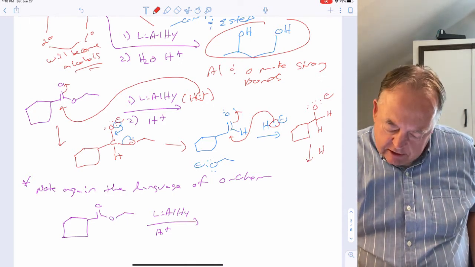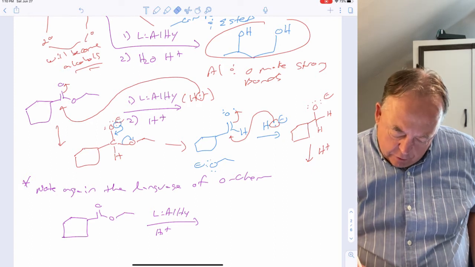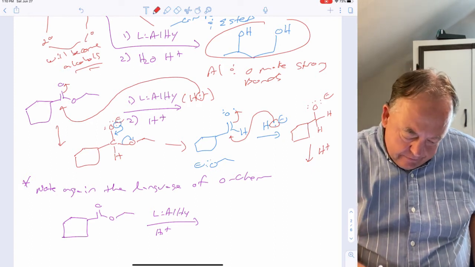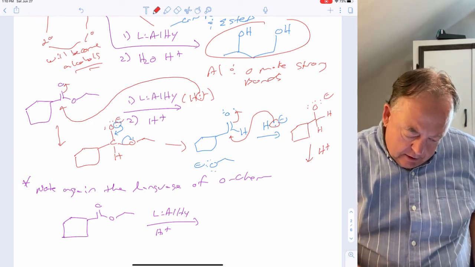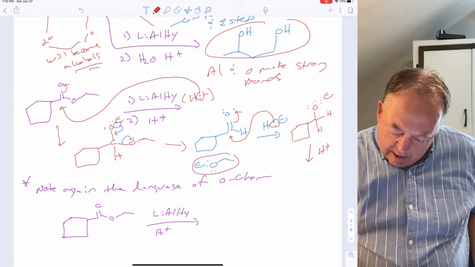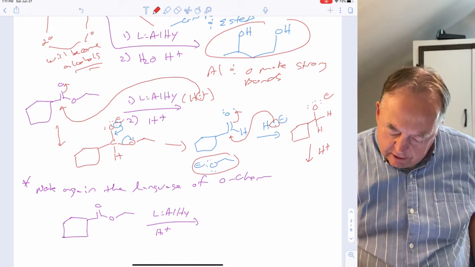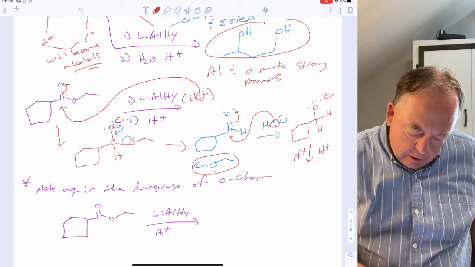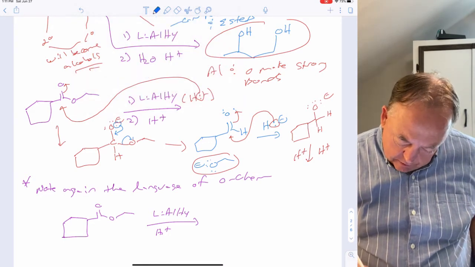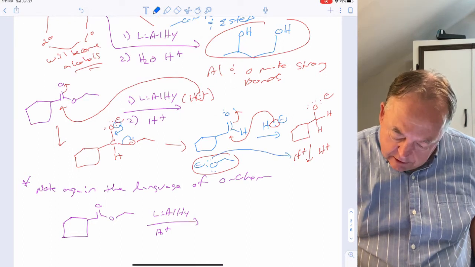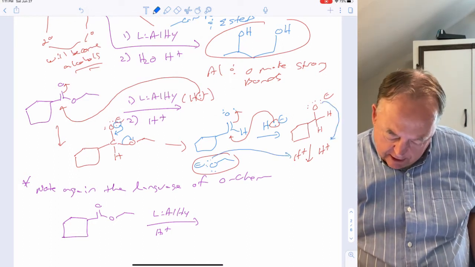So now you do the next step, H plus, in both the alcohol that left in the first step and the O minus that you just made are both going to pick up hydrogens. So technically you would need two equivalents of H plus. Okay, so this oxygen picks up a hydrogen and this oxygen picks up a hydrogen, and from the ester then